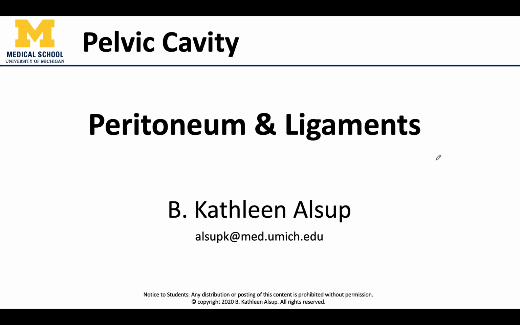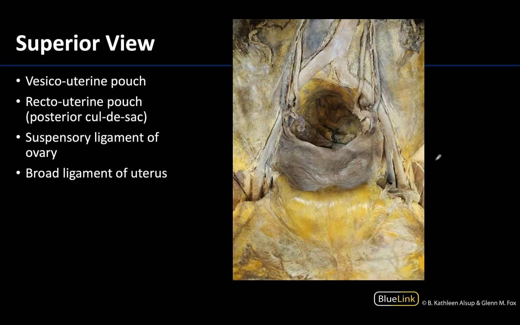Recall that the peritoneum that we discussed in great detail in the abdomen does extend into the pelvic cavity, but it doesn't extend all the way to the pelvic floor. Instead, it will reflect over the viscera in the pelvic cavity, and that peritoneal organization will be dependent on which viscera is present in an individual. So we will start with how the peritoneum will be organized with the presence of a uterus while looking at